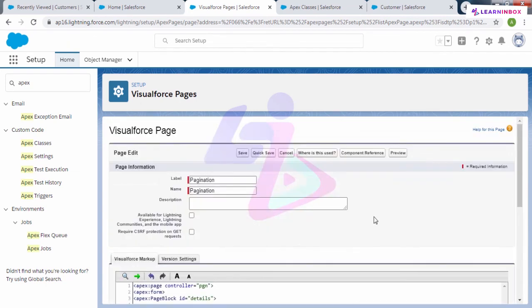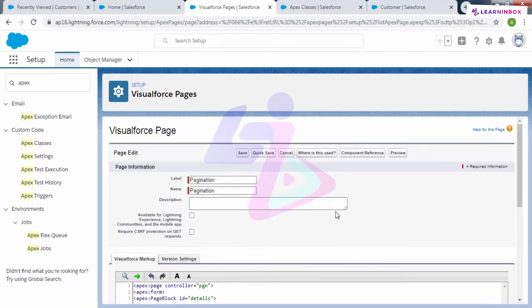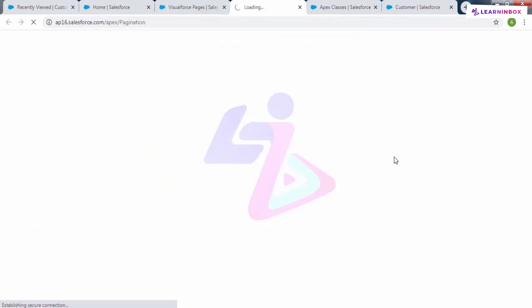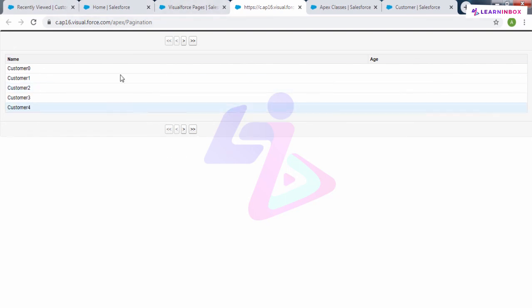Okay. So after checking Apex class and Visualforce page, let me just preview it to see whether our code is working properly. So just click on the preview. So our code is working really fine.